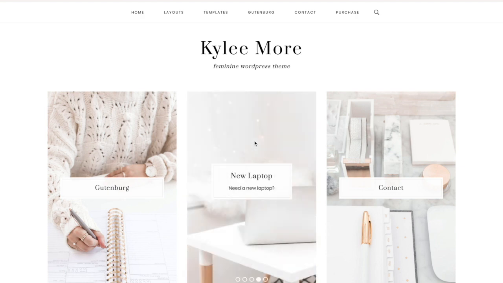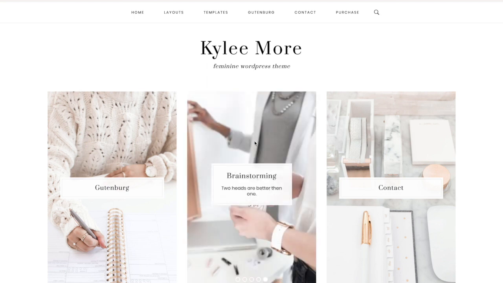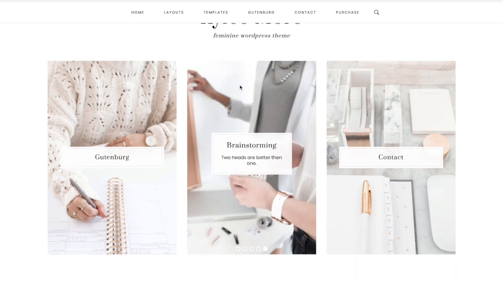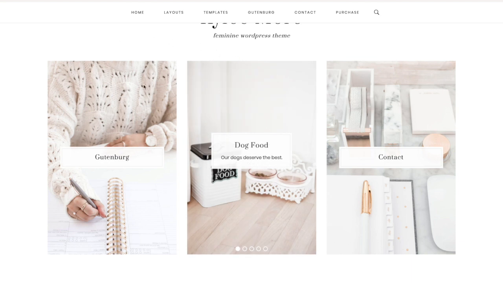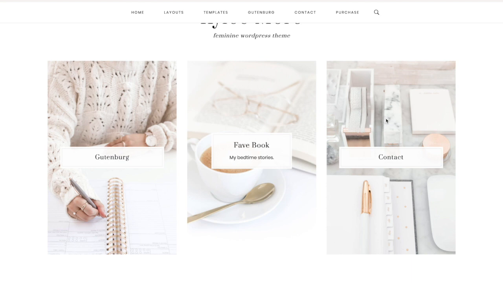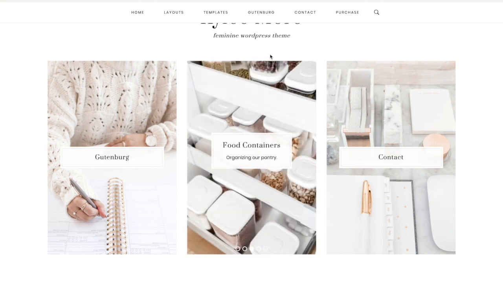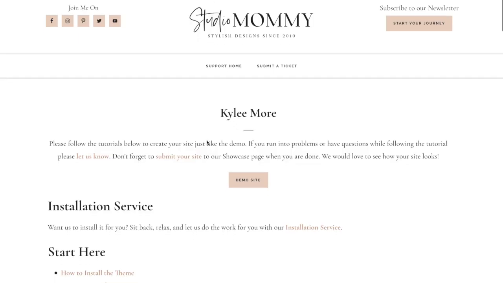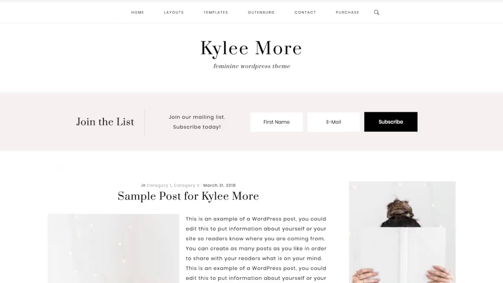Today I have a video tutorial to show you how to set up the front page widget section of the Kylee More WordPress theme. So this is the area right here that we're going to set up today. In this area we have a page, a slider area, and another page. So you'll need to have pages created in order to set this up, and I'll go over that in just a second. What we're going to be doing is following the Kylee More tutorial, and I have a temporary site set up. It's all ready, except for we're just missing the front page one widget section, so I can walk